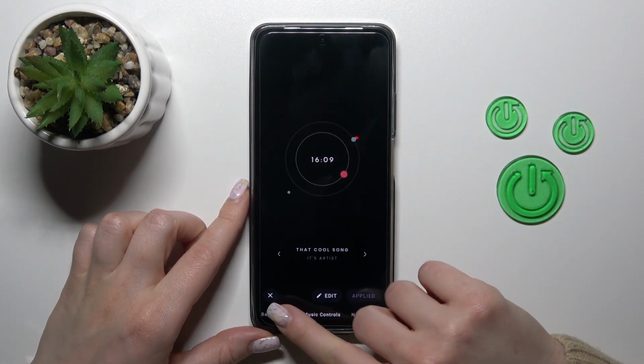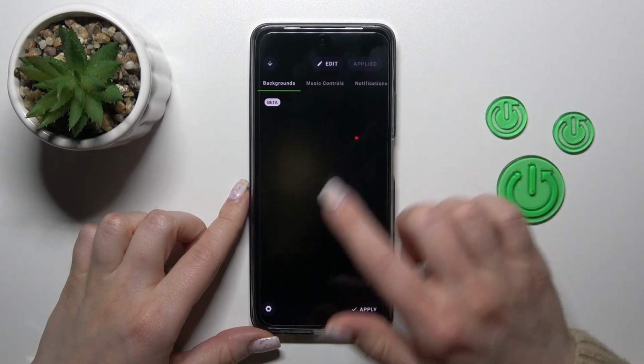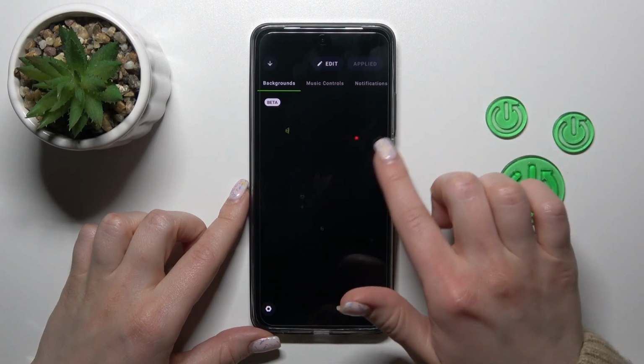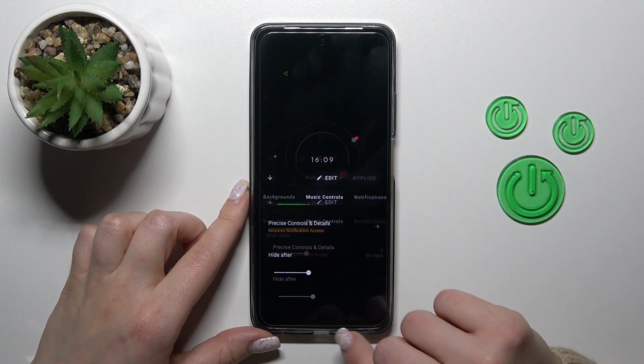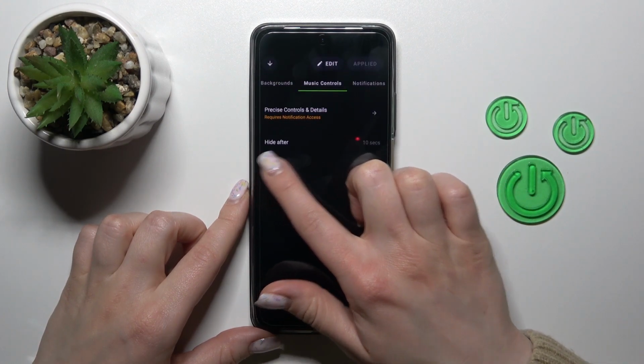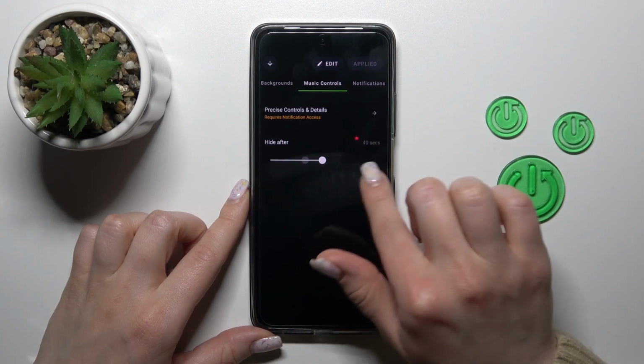Just tap to apply, click the backgrounds. If you want to change the background, just select one from these available ones. Click to apply. If you want to hide music controls after 10 seconds, such as to don't hide them, slide